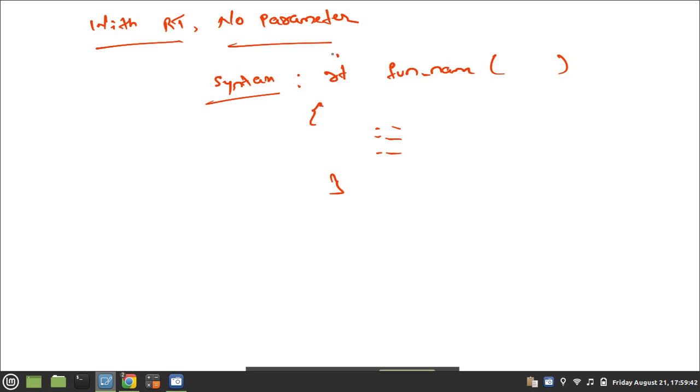Many times I told you, return type is nothing but output and parameter is nothing but input. So this is the example for with return type no parameter.